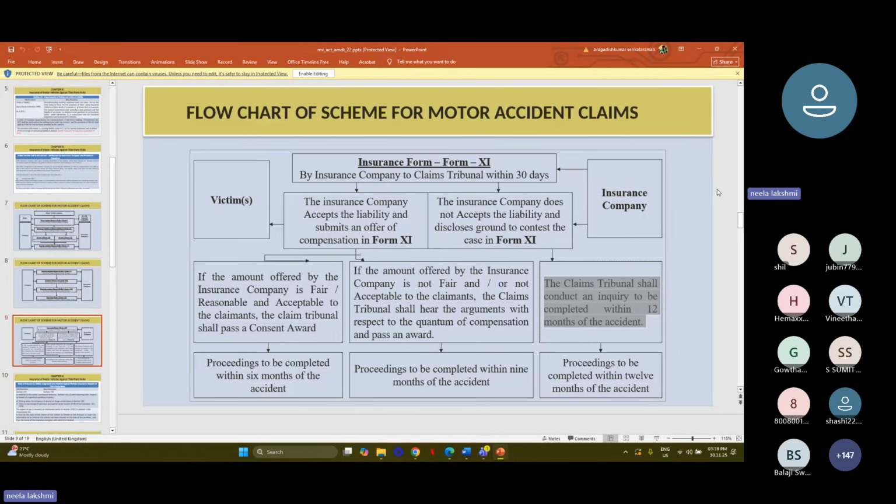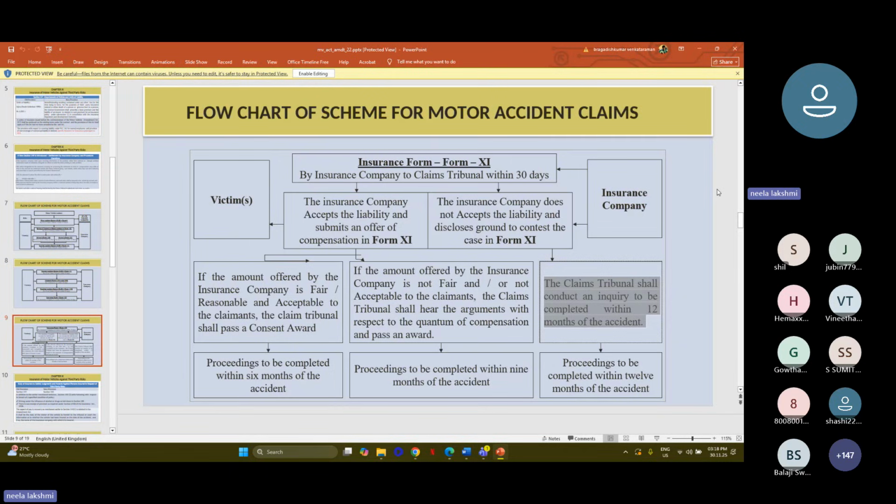So the tribunal has to come to the conclusion whether an award is to be passed or the case is to be dismissed. Based on the merits of the case, the tribunal will decide the case and it would be concluded before 12 months of the accident. These are the three situations. Okay, are you clear? This is very, very important. This is the